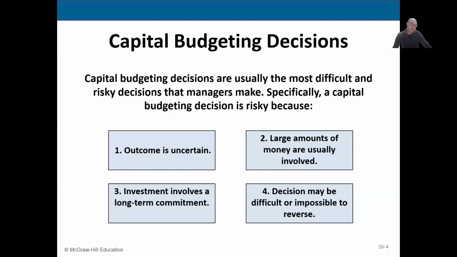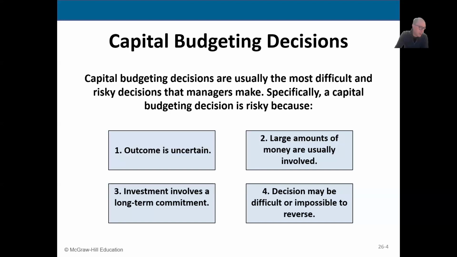The second part of the risk in buying or selling property, plant, and equipment is that it requires a lot of money. Okay? Buy a building, you're talking millions of dollars. Buy equipment, that could also be hundreds of thousands. A lot of money. So there's risk, right? The money usually means a lot of interest, in most cases.